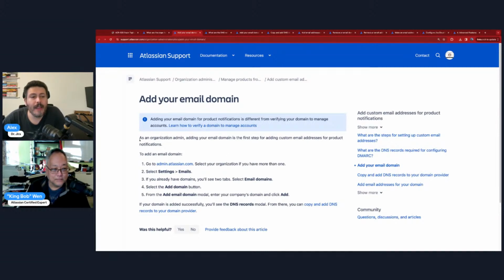So this is something I've never actually done. I've never added my email domain. I've verified my domain, but I've never done the email domain as a whole. Is this something that companies should be doing then? This is something that companies should be doing if they don't want to cause any confusion, because by default,